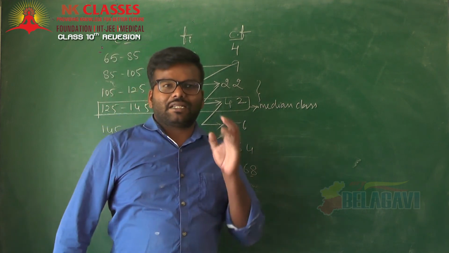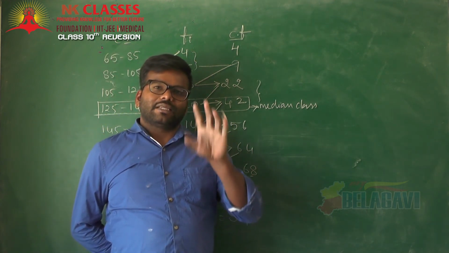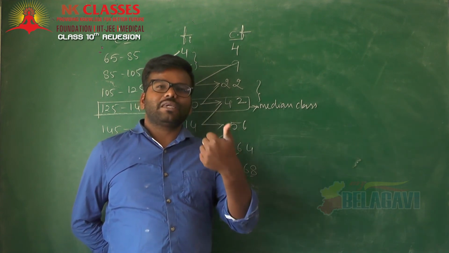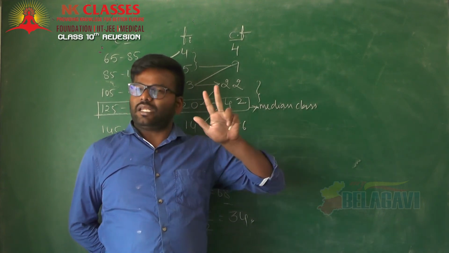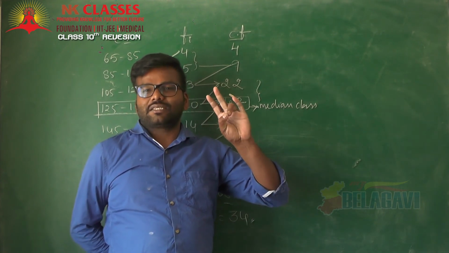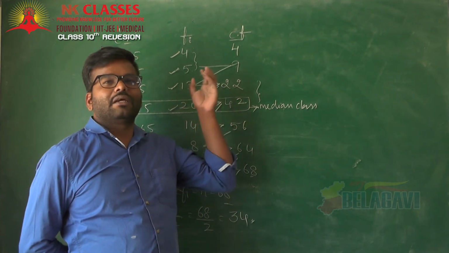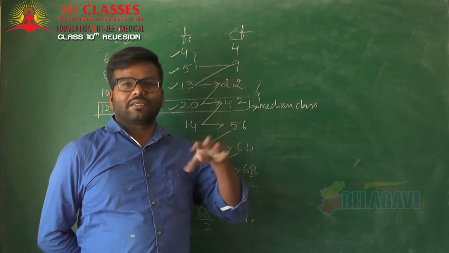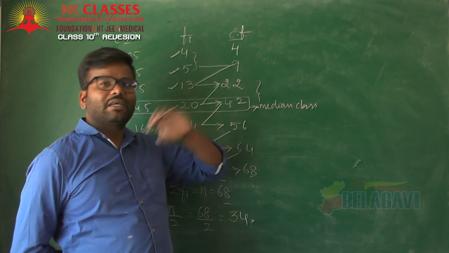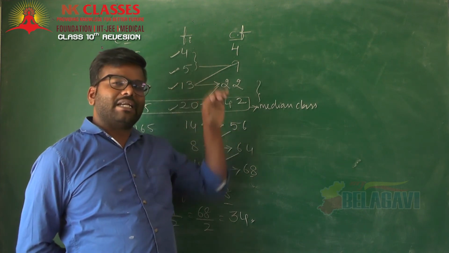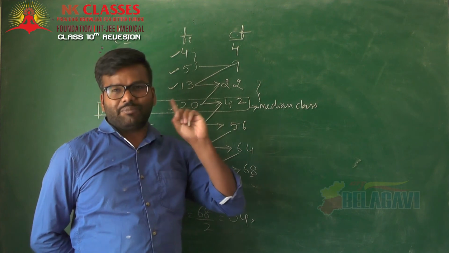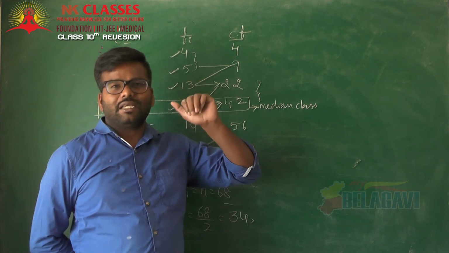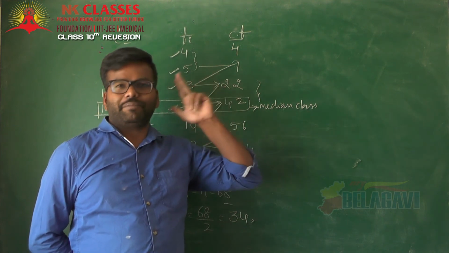So now, there can be case study based questions, right? This kind of question can come in a case study based question also. They will ask you mean, mode, median, the three questions. What about the fourth and fifth? They will ask you the upper limit, lower limit, class interval of the modal class, class interval of the median class, highest frequencies. They will ask you the values of the equation as the fourth and fifth questions. So the same statistics can come in case study questions. Remember, what I have done from the beginning of the session can also be there in a case study. They will be asking mean, mode, median of the data too.